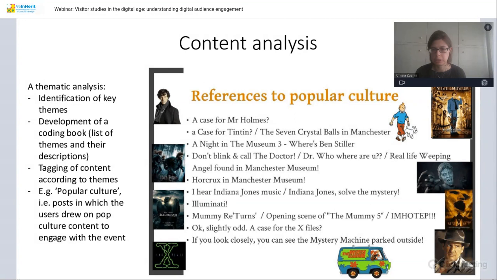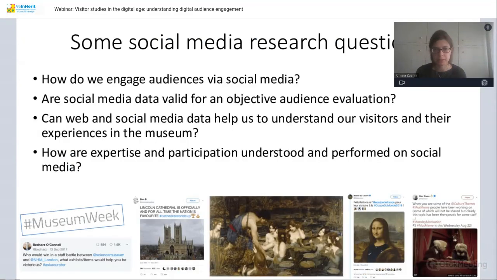Let's call Indiana Jones. It is the mummy. It is Night at the Museum, or other less expected, perhaps, references. But in a way, I could still look at all this content individually. Since then, I've been using these methods, combining data science methods and this more qualitative aspect to look at different events and facts in museums, and to try to answer questions such as